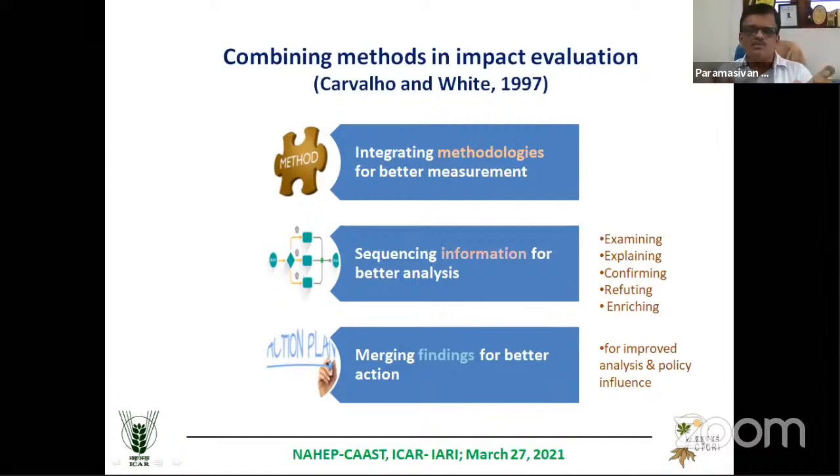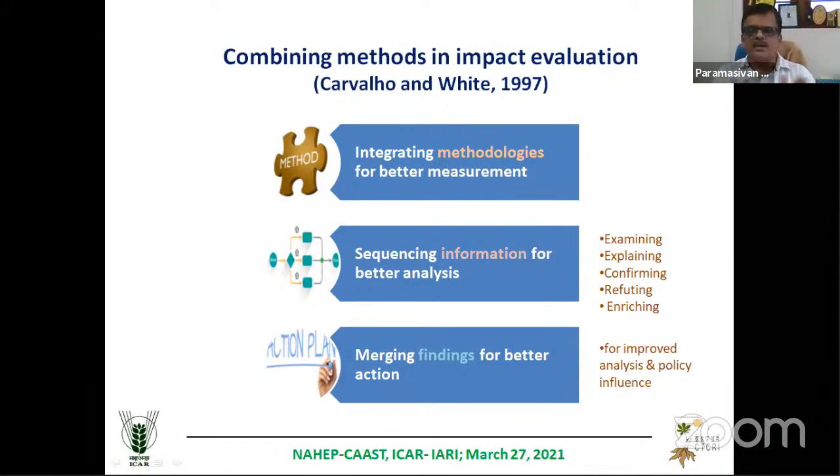Using the systematic review, when you are combining it along with this, you can say why such things are happening there. So that is one way of doing the secondary kind of data analysis, from the published sources, where you are not actually going into the field. But at the same time, you can also use it for your own primary data collection. So these are the three ways you can integrate these qualitative and quantitative methods.